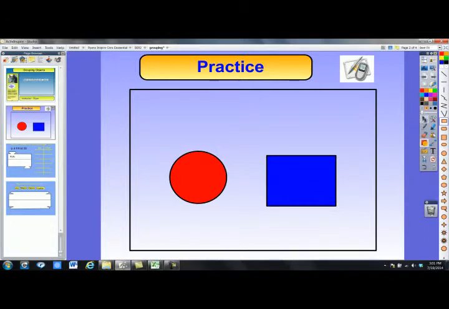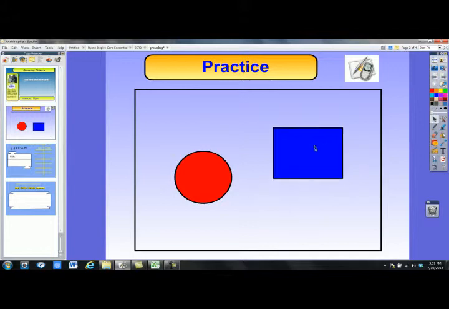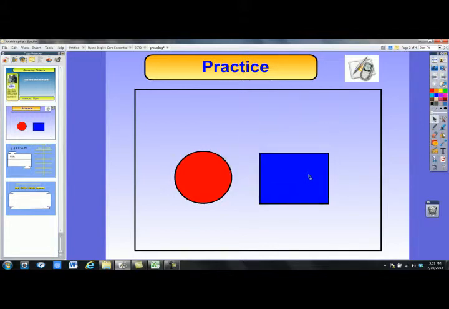Now whenever you want to move an object around the page, using the Select tool, you click and hold to move the object. But there are going to be times when you want the objects to move together as one. So to group objects together,